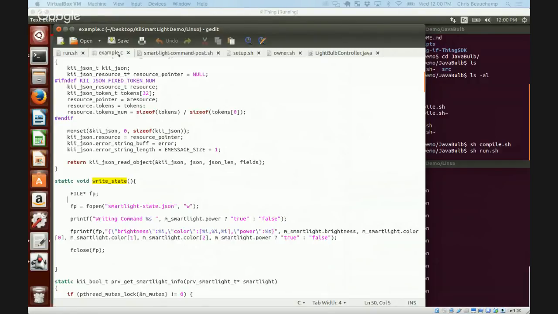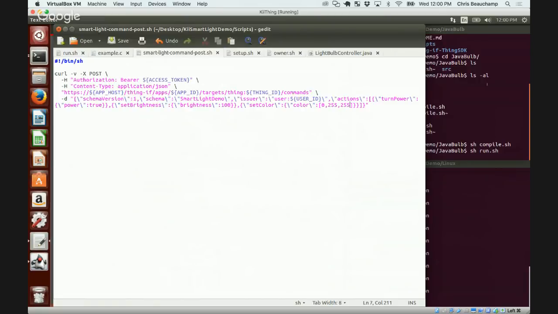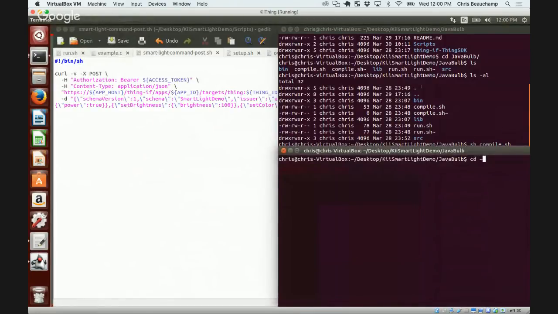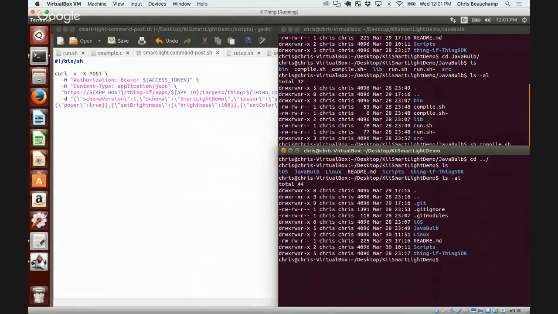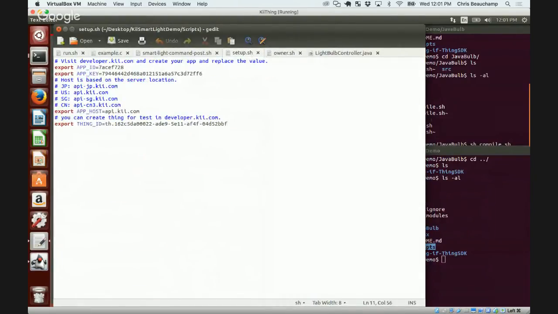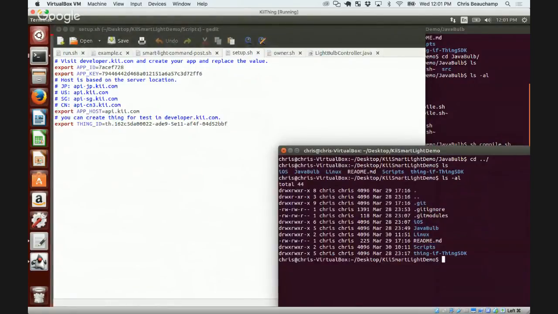So we've taken a look at some of the C code, some of the Java code. I want to point you to our scripts section now. If you're in our main directory, just pop open this scripts directory, and within there, there's a couple that I want to show. The first is setup, and we're actually going to go ahead and run these now. So we're going to enter the scripts directory,